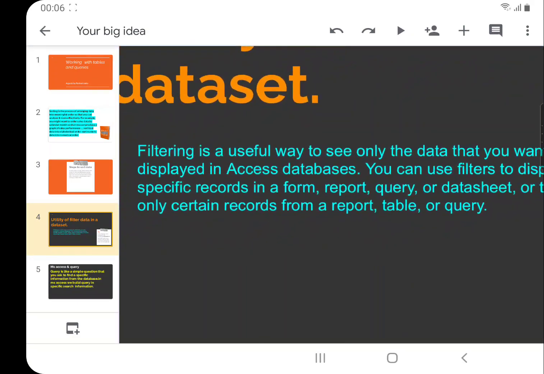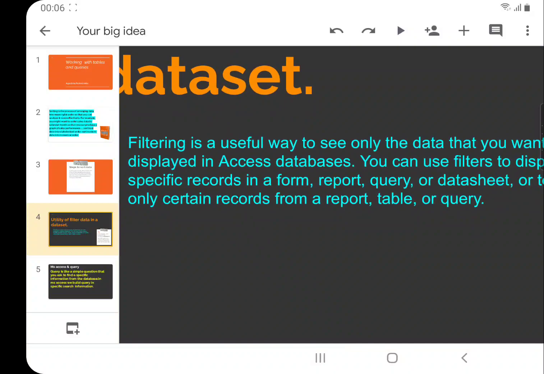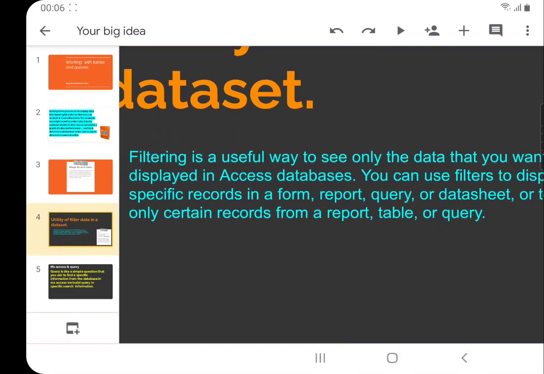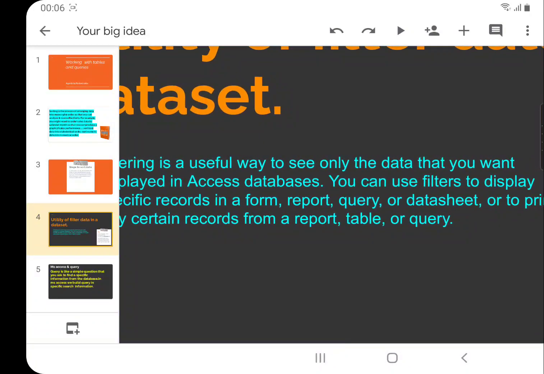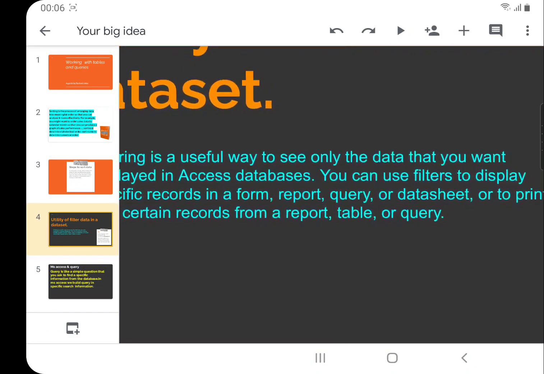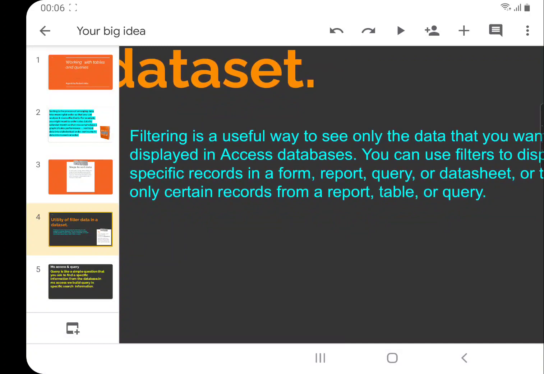Similarly, filtering does this. Filtering is a useful way to see only the data you want displayed in an Access database. You can use filters to display specific records in a form, report, query, or database, or to print only certain records from a report, table, or query. Suppose there are 10,000 records but I need only 100. I'll go for this option, that is, filtering data.